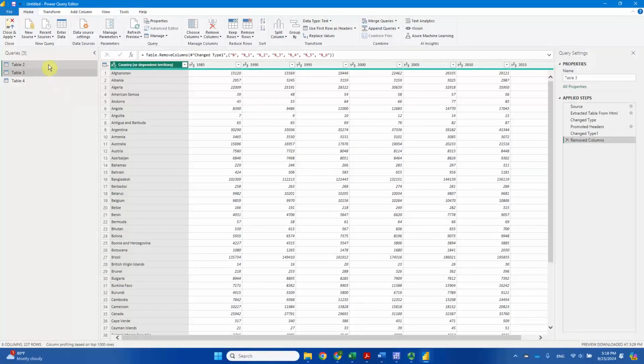To do that, we need to go to the Home tab here. And there's some merge queries. So click on this drop down list. I want to merge queries as new. You can either choose merge queries or choose merge queries as new. Merge queries as new will